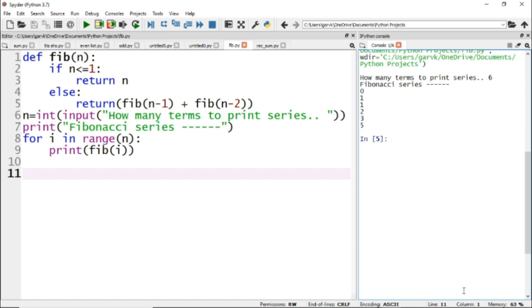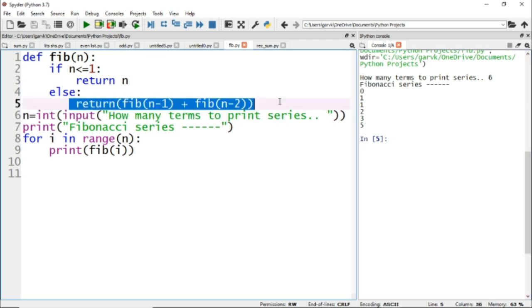So this is the output: 0, 1. These are the two starting numbers, then 1 plus 1 is 2, then 2 plus 1 is 3, 3 plus 2 is 5. Now how is this happening in the stack and how is the recursive function working?